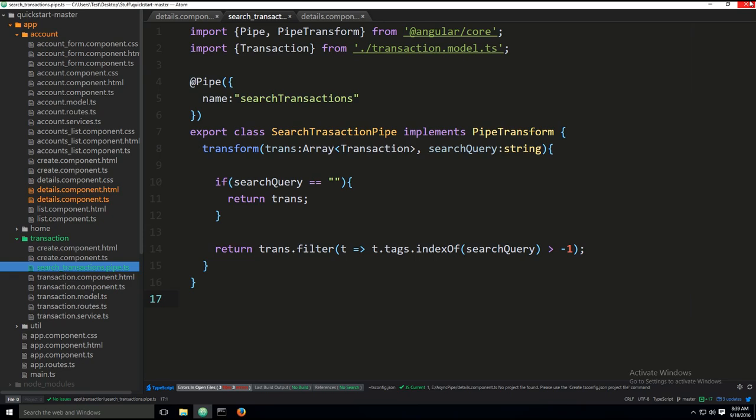Okay, so today we're gonna process 3 files and we're going to write our own custom pipes. So the first thing that you need to do is create this file here. So search transactions.pipe.ts. So that's the first file that you need to create, and then you need to populate it with this